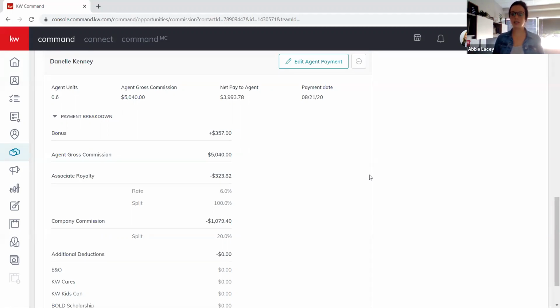Now, the cool thing is being part of the Labs Advisor group, I get insight on what's coming and what they're testing and what they're going to be rolling out. So they are going to be changing this so that you can request a termination. You would do that in the event that you needed to change a closing date maybe. You can request that, and then I can go in and grant that, and you can submit a new commission. So you have the option to actually submit a new commission on that same opportunity,